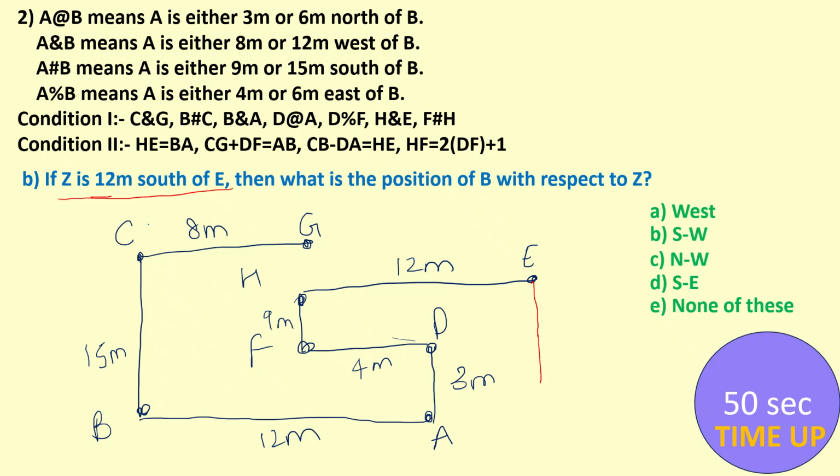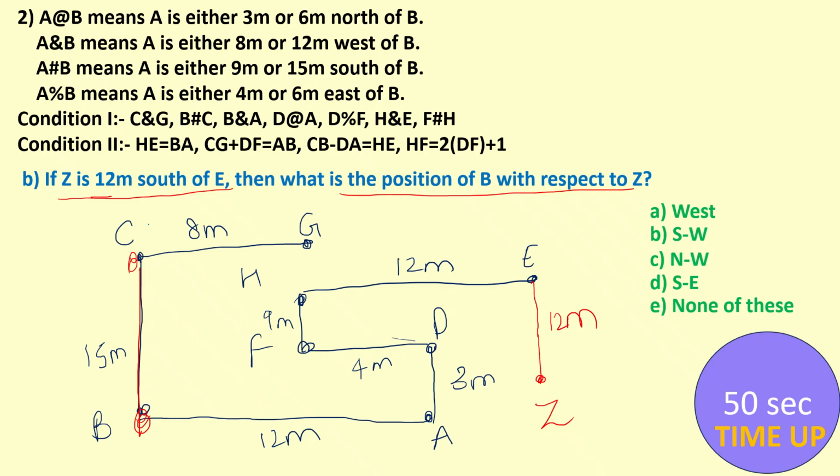So somewhere here I draw, which will be 12 meter, and this is your Z point. Then what is the position of B with respect to Z? See, this full length from C to B is 15 meter. So 12 meter should be slightly